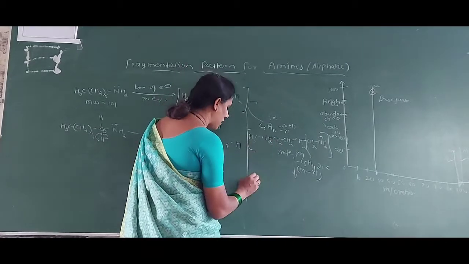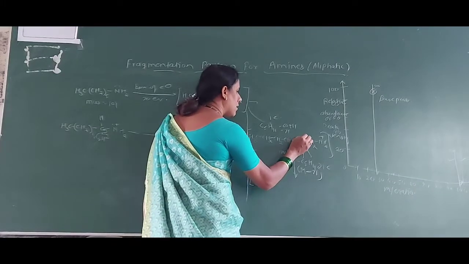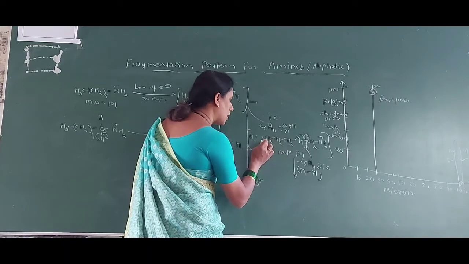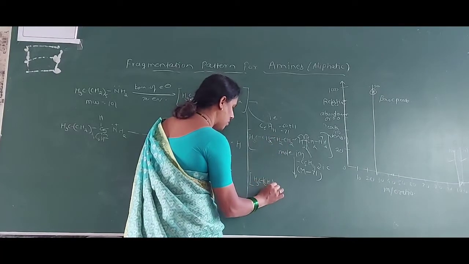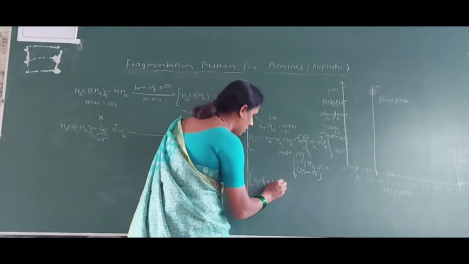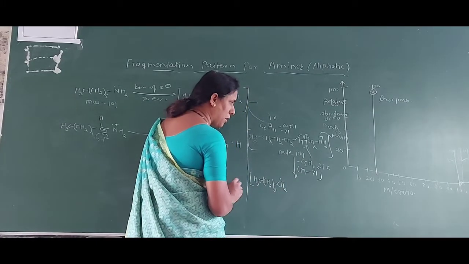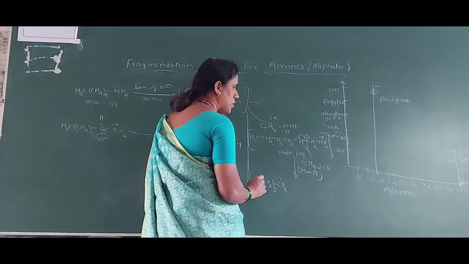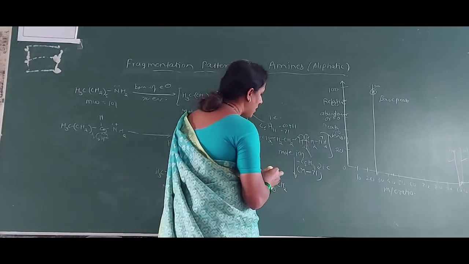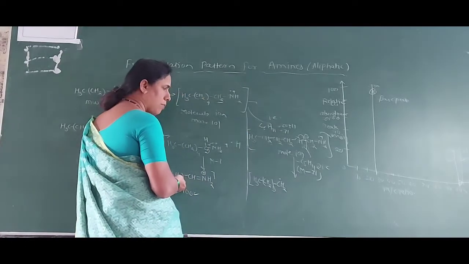What is the remaining one here? This is called the radical one. That is CH3, let us draw it like this: CH3, CH2 three times. We can't consider this as a cation because it has one electron. CH2 here, dot. Before starting from this position, one question is whether you can go from here or from here.